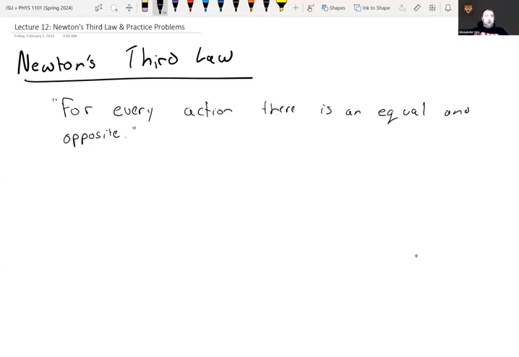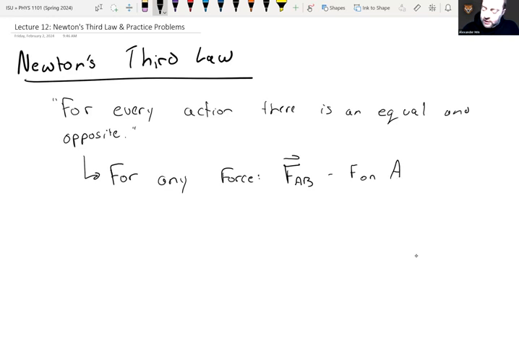Now, this has cropped up all over the place in television and movies. It's a great line if you're telling a revenge story or something like that. But in physics, we mean something much more specific. And basically, what I want to do is tell you what this means in physics terms. It means for any force, and I'm going to call this F sub AB, and I'll make it a vector, what I mean by this is a force F on object A